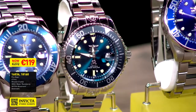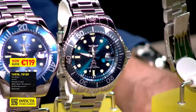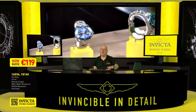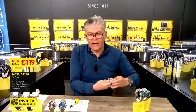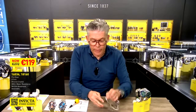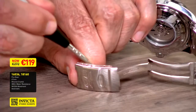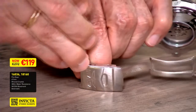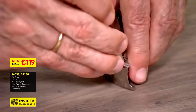I told you already. And I also brought those watches to show you that it's really easy to micro adjust the band if you have a smaller wrist, or if you want to wear the watch around your diving suit. We have a special feature in the clasp to show you that you can easily micro adjust your band. Once you have sized it to the right sizing, you see the little holes that we drilled into the side of the sporting clasp. You just push the little pins and you can micro adjust the band